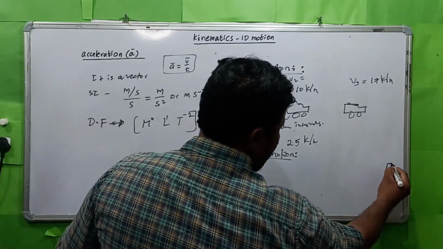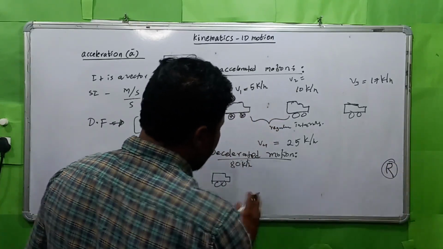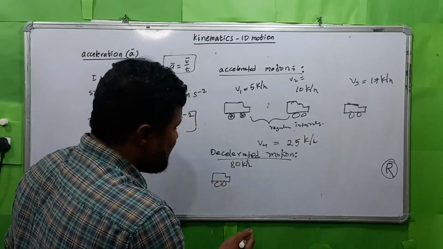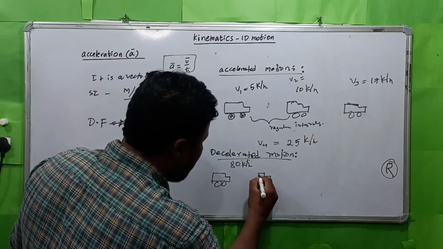Now there is a red signal. You will observe that red signal. You are on the highway. So what will you do? You will apply brakes. As a result, the car speed will go down